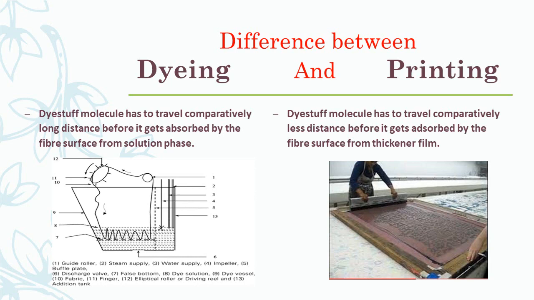This is the dye solution. Material is running in it in rope form. So dye is there in the solution form. From the solution, it will take time for the dye to reach near the fiber surface. So the distance between dye and fiber surface is long enough, because initially whenever the dyeing process starts, the dyestuff molecule which is very near to the surface will get absorbed by the textile substrate.